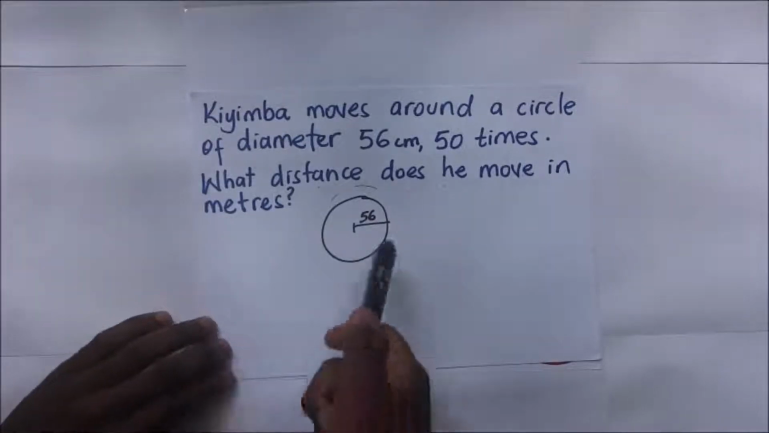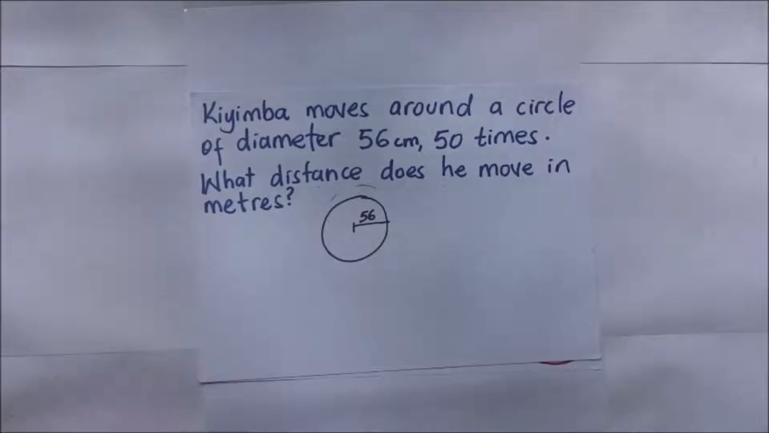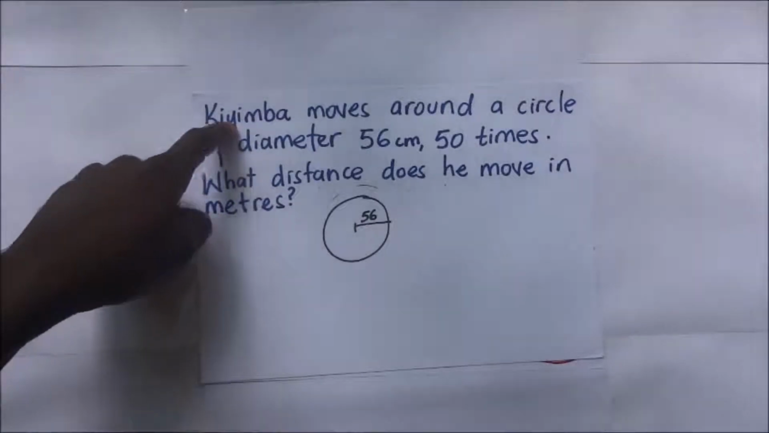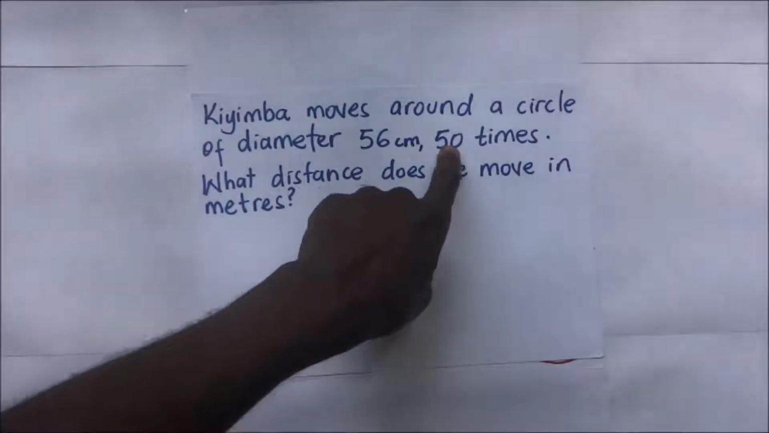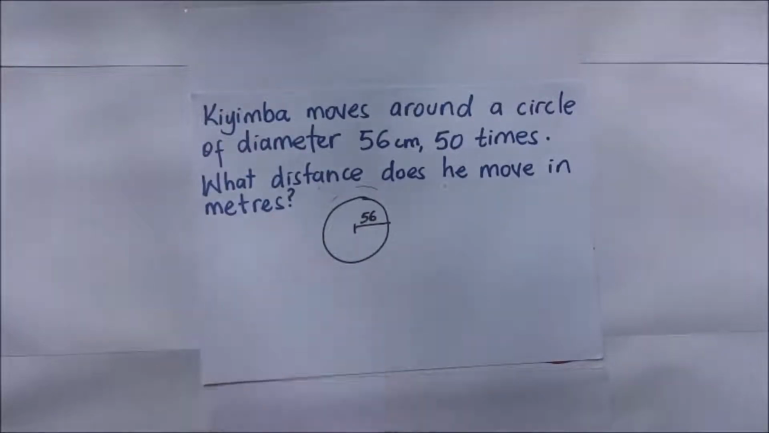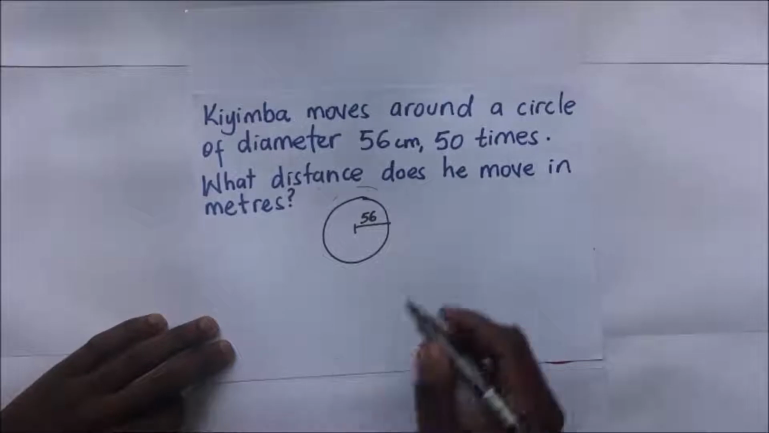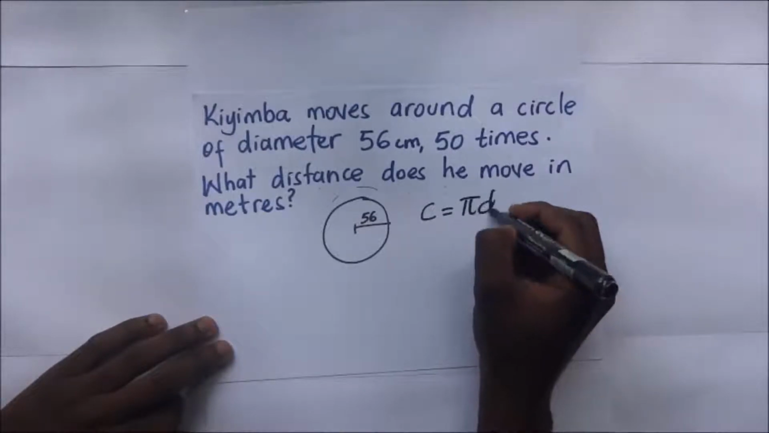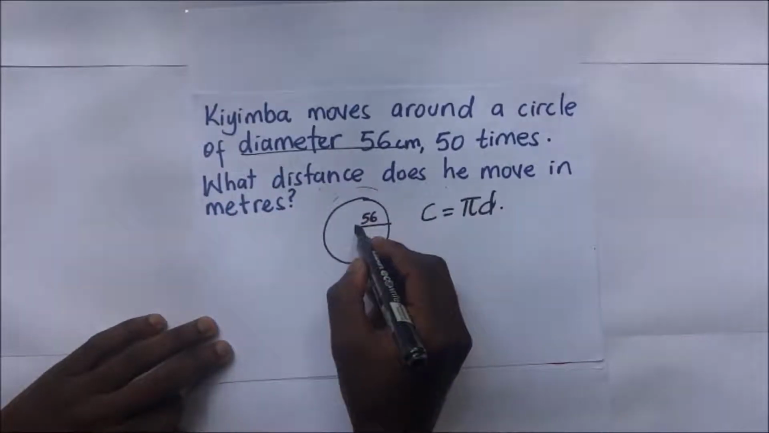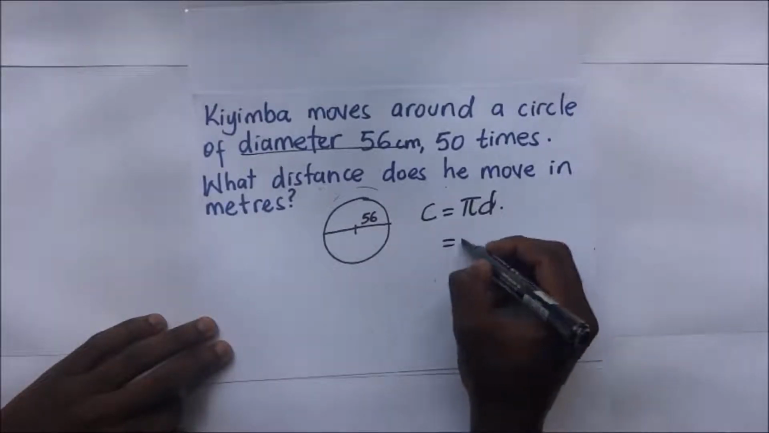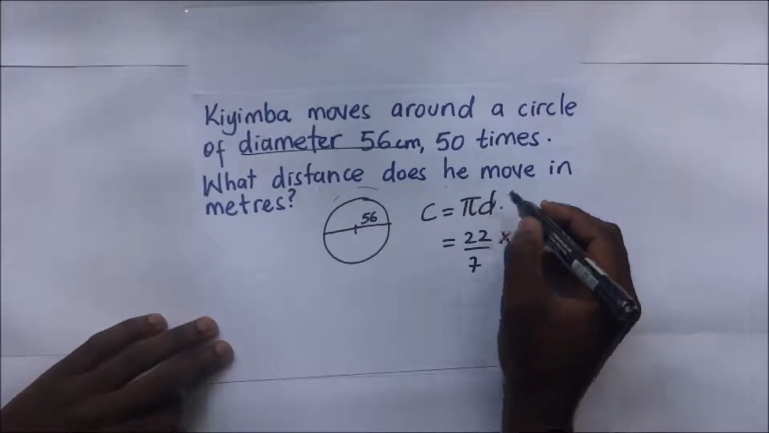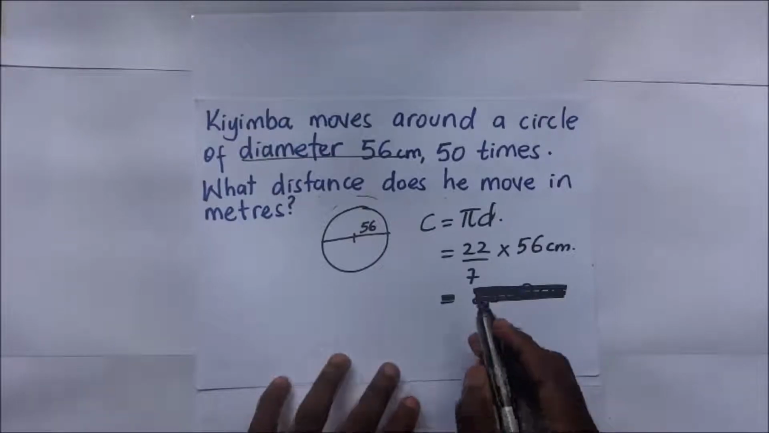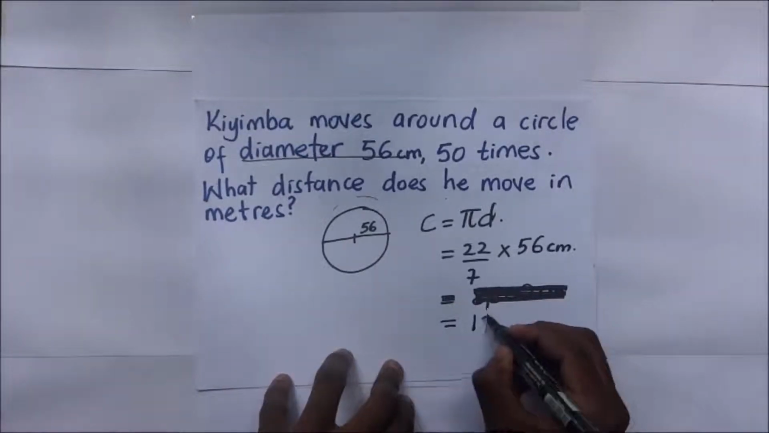So what we do here, we are going to first find the circumference of this circle. After finding the circumference of that circle, to find the distance this guy moves, you're supposed to multiply that circumference by 50, because he moves around the circle 50 times, and that will be the answer. So the circumference of a circle is equal to pi d. Remember, this 56 is the diameter, so this distance is from here to there. So it's pi d, which is 22 over 7 times the diameter, which is 56, and it is in centimeters. So the circumference of this circle is 176